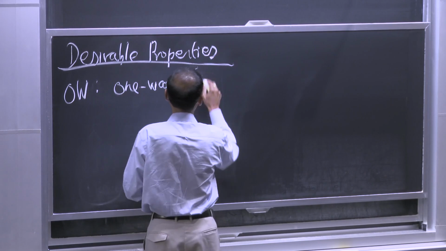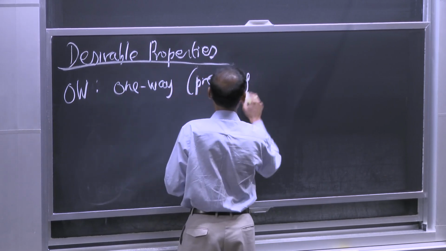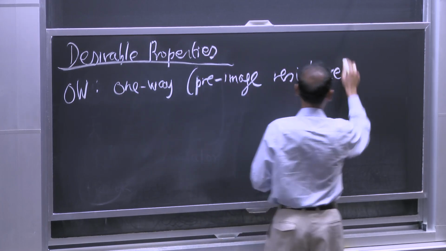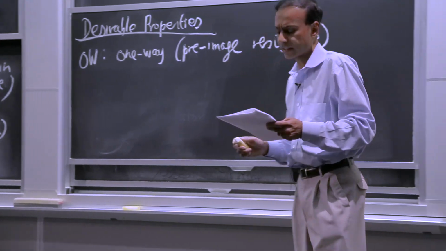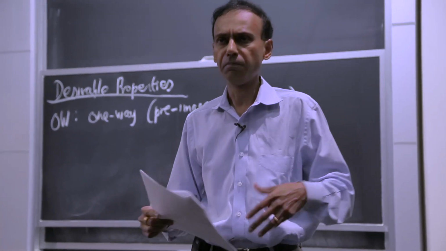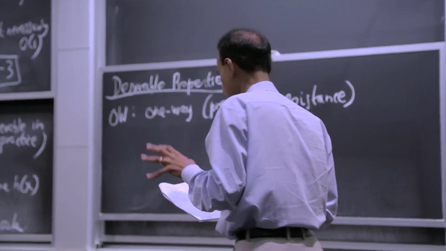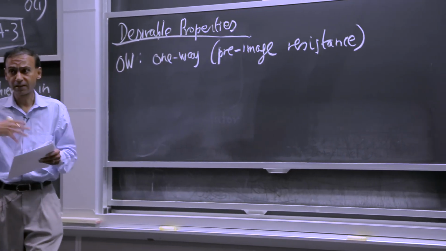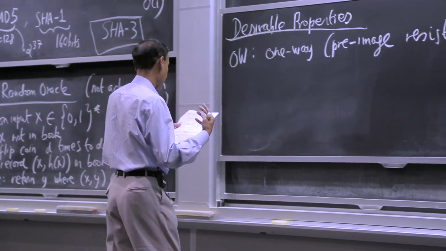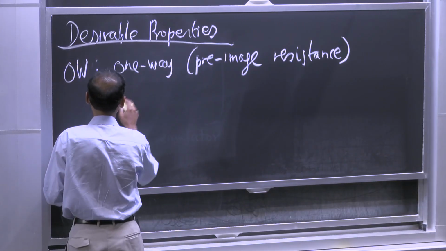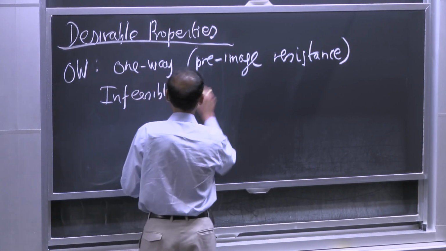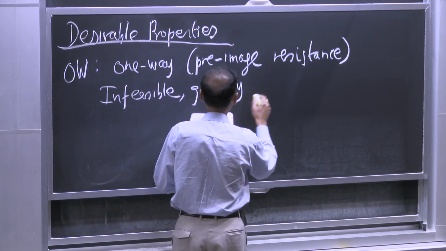It's also called, we're not going to call it this, but perhaps a more technical, more precise term, pre-image resistance. And so what does this mean? Well, this is a very strong requirement. A couple of other ones are also going to be perhaps stronger. But this is a pretty strong requirement, which says it's infeasible, given y,